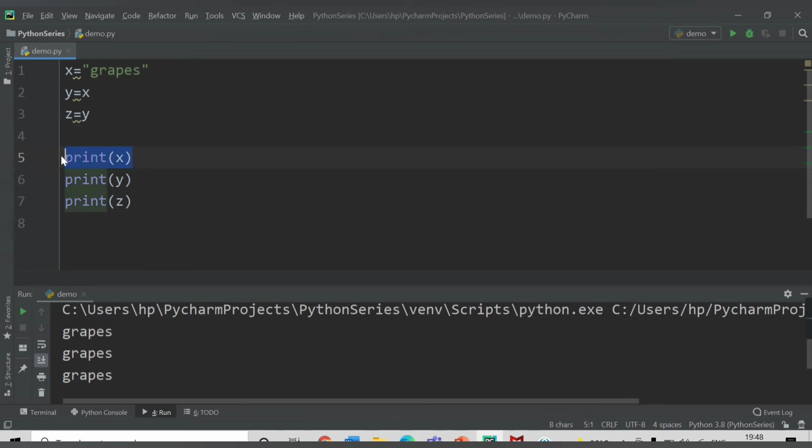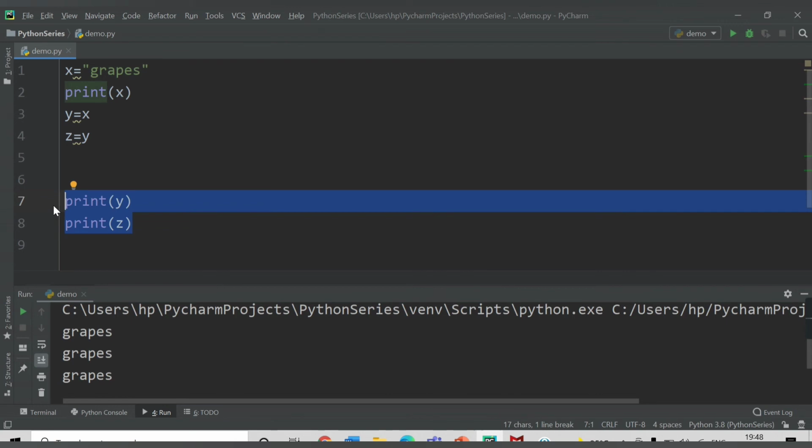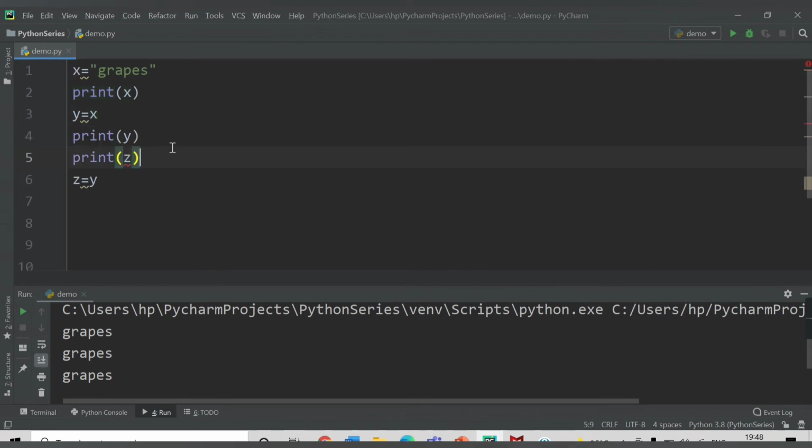So let me make some change here. What if I print x here, and let's say print y and z here. This time I'm getting an error for z because z is declared after the print. Because Python executes one line at a time, at this time there is no z available, so it's not able to recognize the z variable.